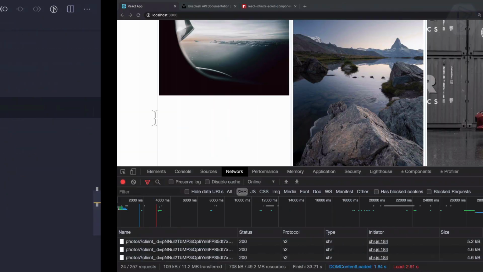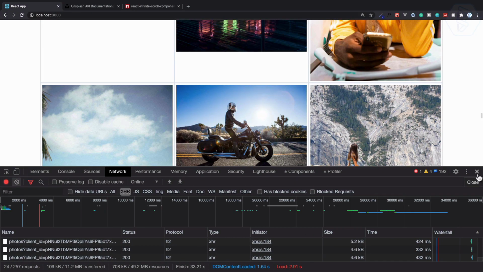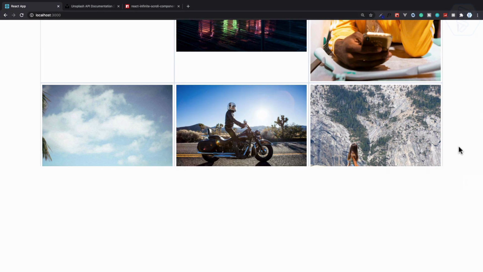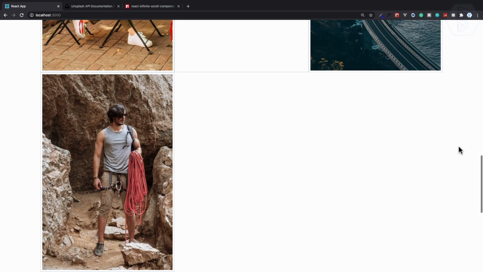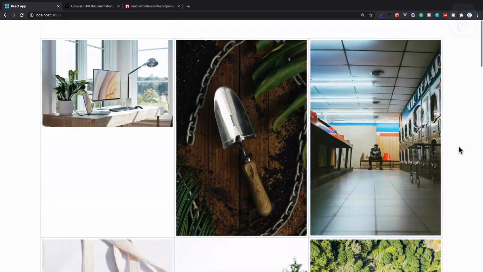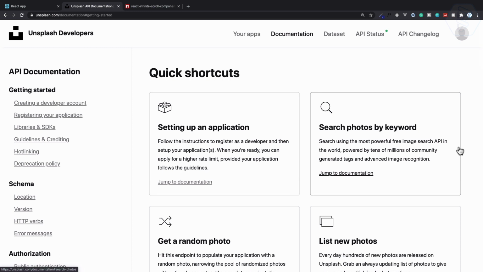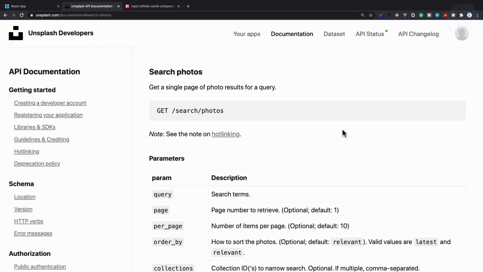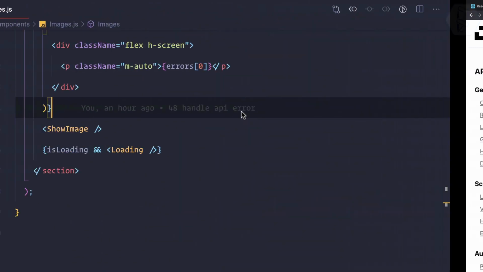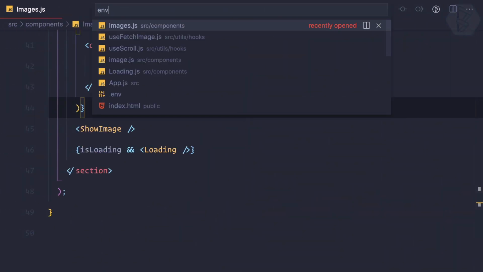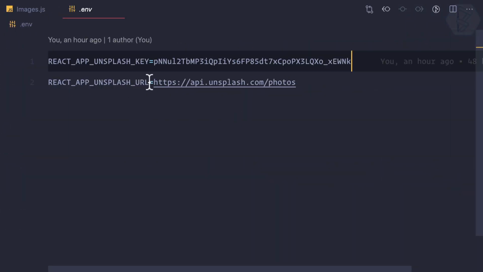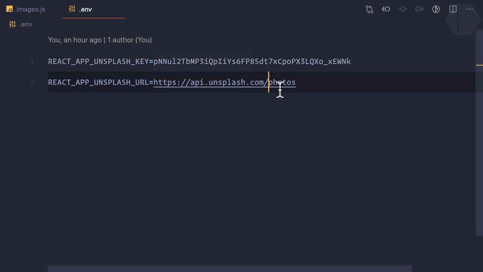Now the next thing I want to do here is, you can see the images are totally random. But if you go to Unsplash, you can search photos by keyword also. But then the URL is a little different. It's search and then photos. And if I open the URL here, it's just /photos. But to search, we need to say